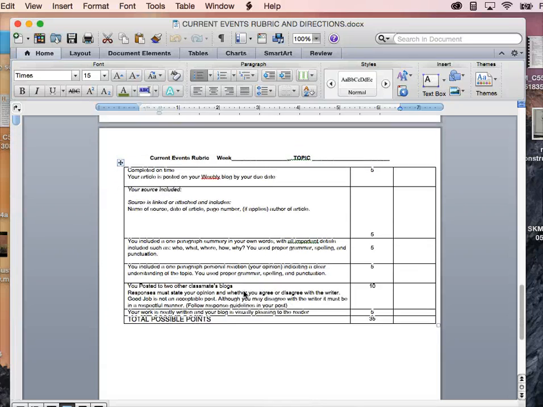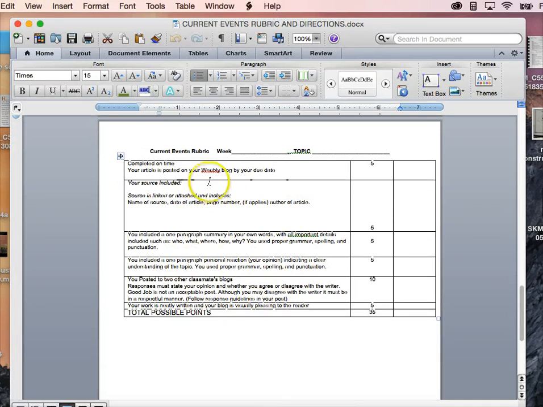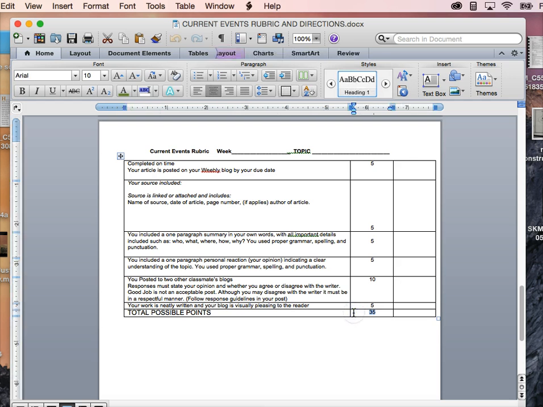Now, finally, you have your rubric. It's very simple. It's a 35-point rubric, and your total possible points here are 35 points. You just need to go through this very quickly. You need to make sure that your article posts by the due date. You need to make sure it's linked. You need to